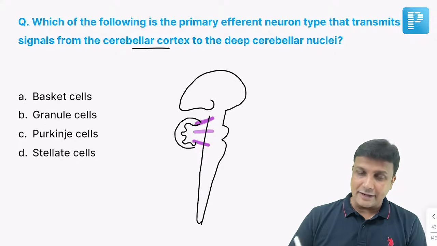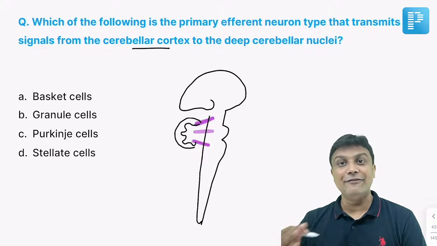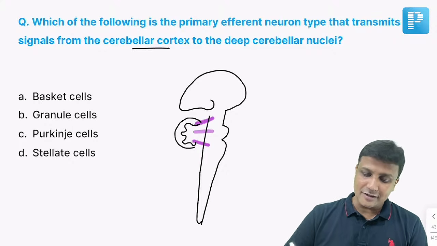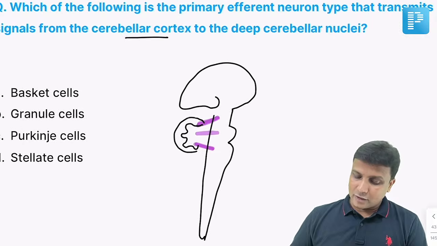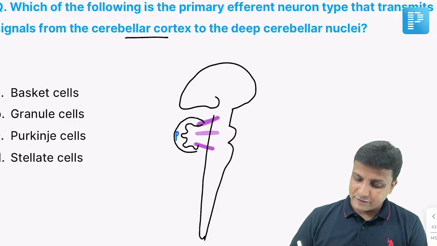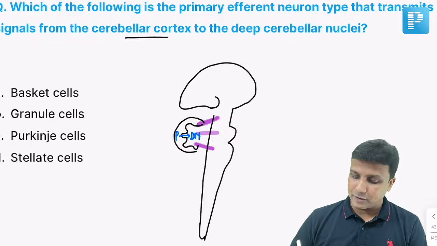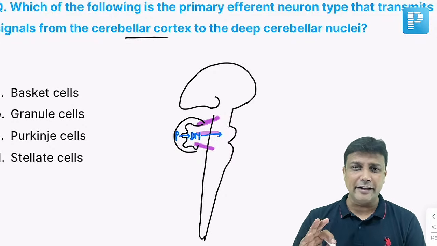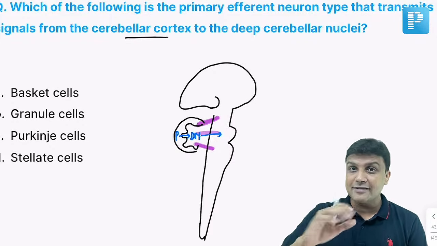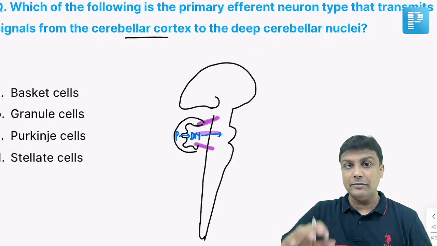Now the question here is: from the cerebellar cortex, which is the efferent? Remember, the answer will be Purkinje cells. In the cerebellar cortex, the Purkinje cells give the efferent, and that goes to the deep nuclei. And from the deep nuclei, it goes out of the cerebellum. I'm just drawing a schematic diagram here. From the Purkinje cells, there will be efferent to deep nuclei, and from the deep nuclei, it will be efferent